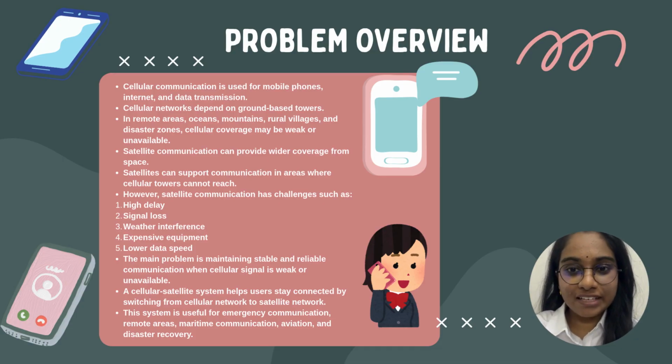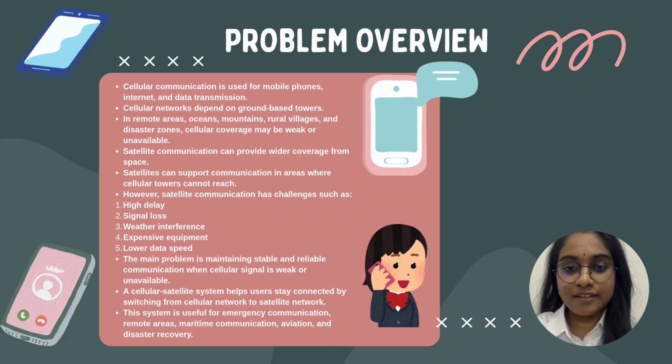For this slide, I will explain the problem overview of cellular satellite communication. Cellular communication is commonly used in our daily life for mobile phones, internet access, and data transmission. However, cellular communication depends on ground-based towers to provide coverage. The problem is in certain areas such as remote villages, mountains, oceans, and disaster zones, cellular coverage may become weak